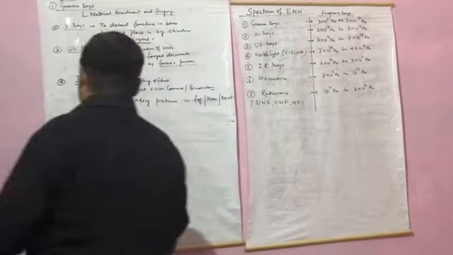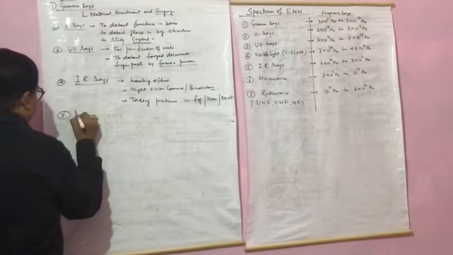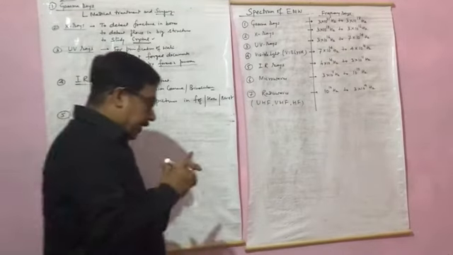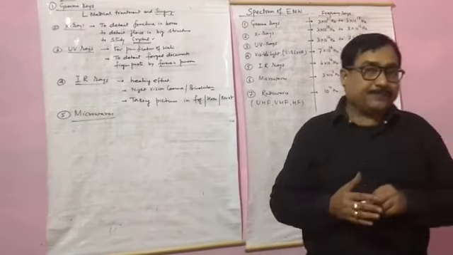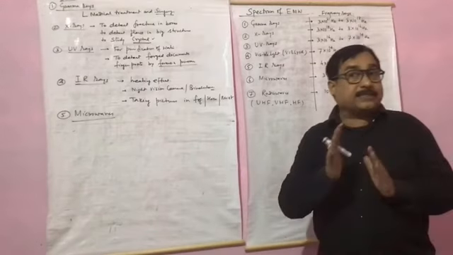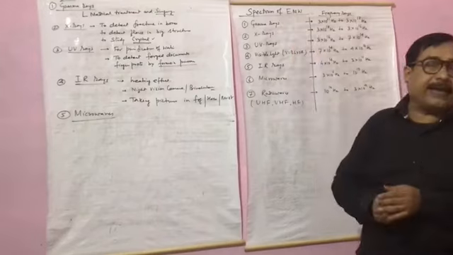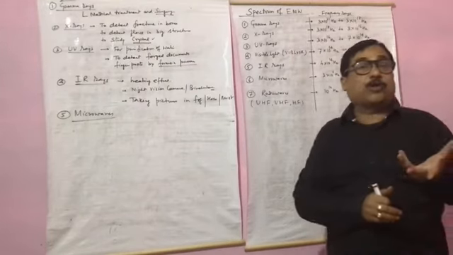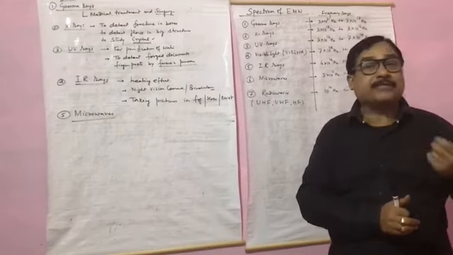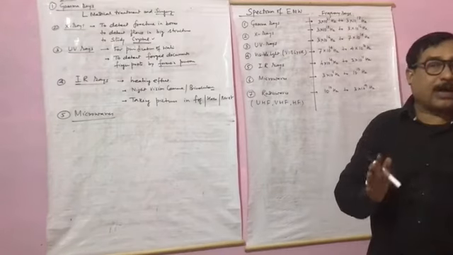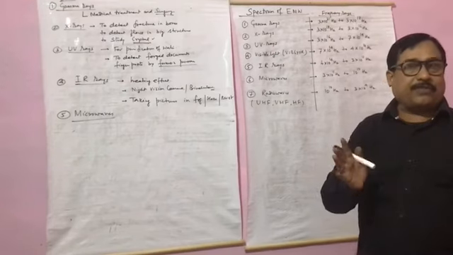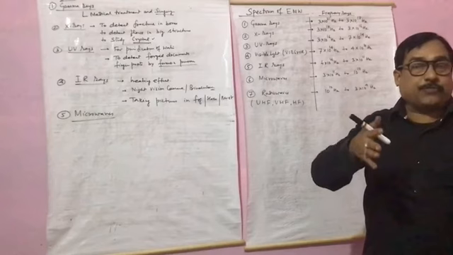Now come to microwaves. Microwaves are mainly used in mobile telephony. So mobile telephones are very common nowadays. So the communication towers, big towers, are placed at different places. They are using these microwaves for our mobile telephony. Microwaves are also used in microwave ovens. Microwave ovens are very common nowadays. Every household has a microwave oven for cooking purpose. So in that microwave oven we are producing microwaves, and that microwave is used for cooking purpose.